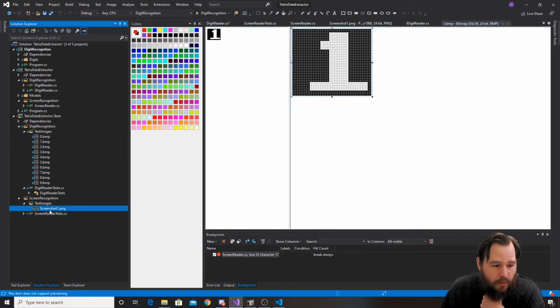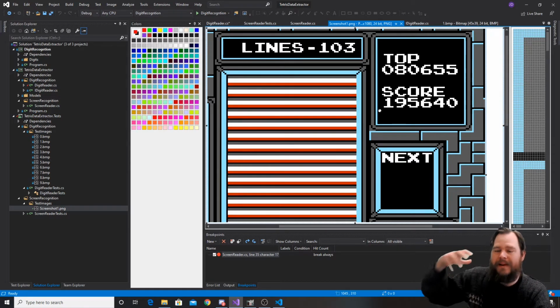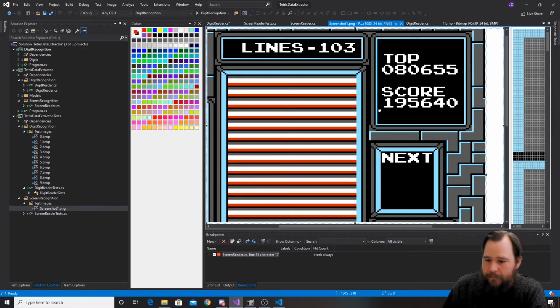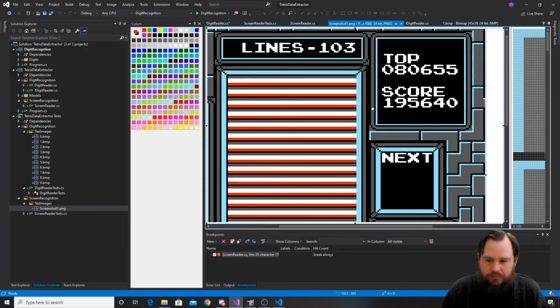And this number 1 right here is not quite identical to the canonical one, which doesn't make any sense to me because these are all screenshots taken from an emulator, and so they should be consistent, but they're not. So the very first thing I want to do today is to take what I'm reading as a 1, and I want to just output it to a file just to see what it is